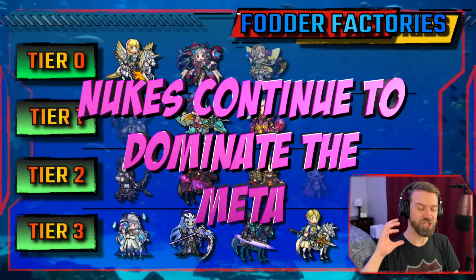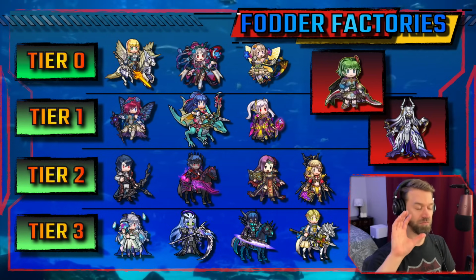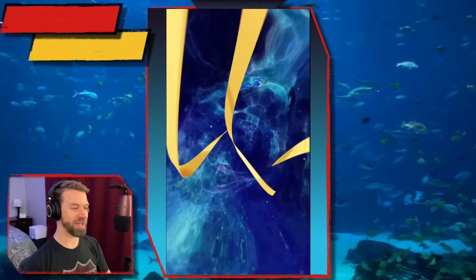Nukes continue to just dominate the meta, and this banner is no exception. Nino and Ginnungagap are going to... You'll see. Let's get right into it. So, coming up we have...